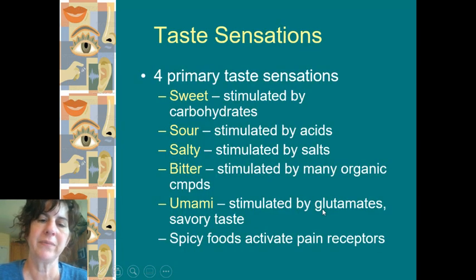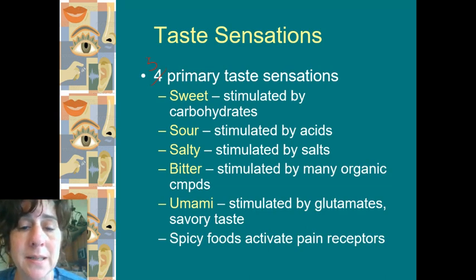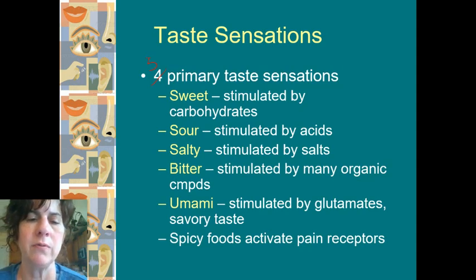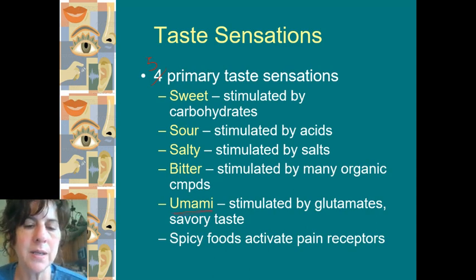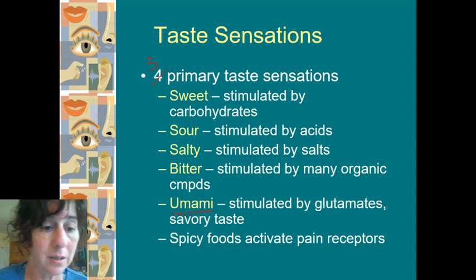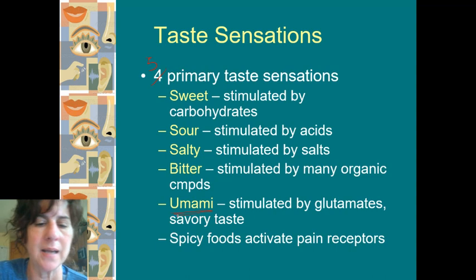We have, it says, 5 primary taste sensations. Your book probably still says 4. It just depends on the source you're going for. We grew up knowing about the 4: sweet, sour, salty, and bitter. But umami is one that has been discovered. I mean, it's been about 100 years. We've known about it for a really long time, it's just that things are slow, I guess. Some people still don't put it in the textbooks as a taste, but it should be. It's the 5th. It is that savory taste.